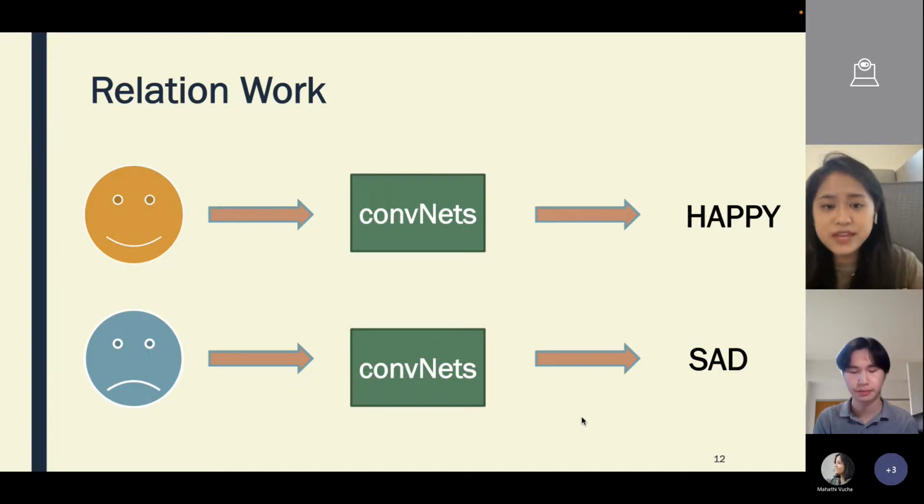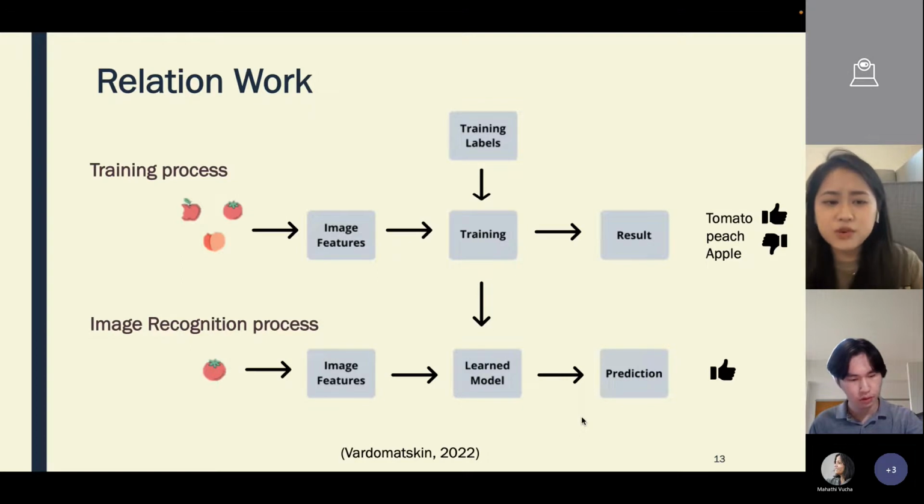So back to my project. What I actually want to do is use CNN technology to identify different faces, like this one is happy and the other one looks sad. I found a project that identifies different food, such as which one is the tomato.